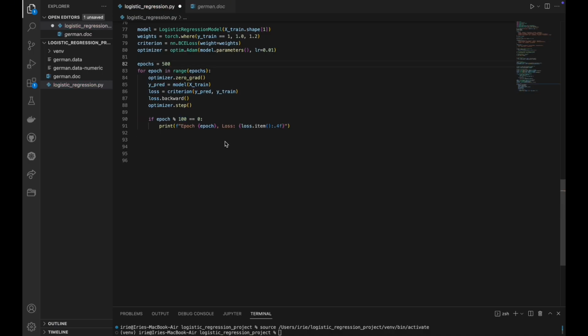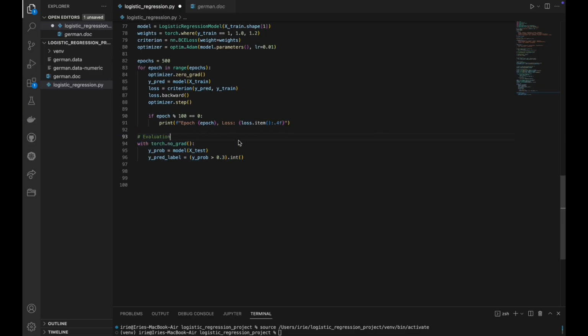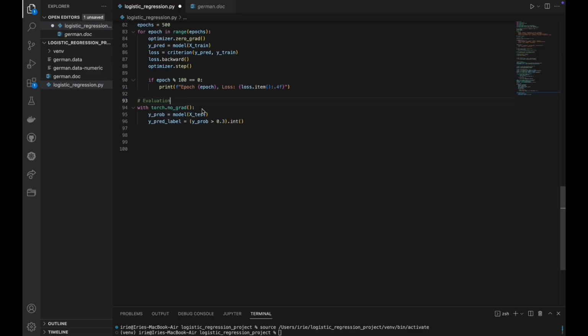Then we evaluate our model. Torch no_grad disables gradient computation. We don't need gradients here anymore because it's not training, it's evaluation, and it's going to be faster and saves memory. So y_prob predicts probabilities on the test set, and then